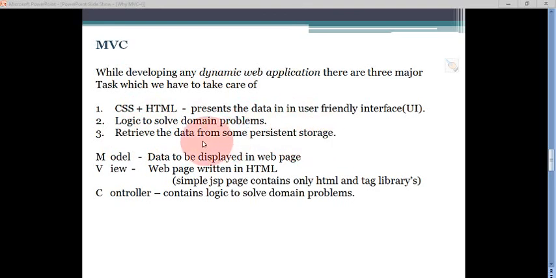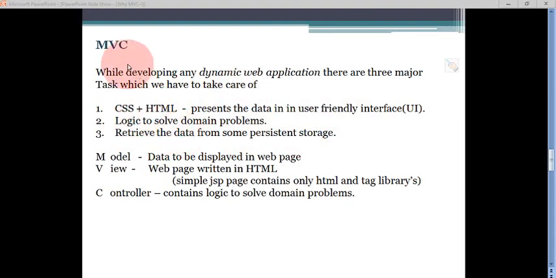Data driven applications means we have to save some data in persistent storage like a database, and whenever required, we retrieve the data from the database and perform some logic on that data, and that logic is to be embedded in the HTML or CSS so that data can be formatted in a user friendly interface, and that data can be forwarded to the client. So there are three main things: HTML, your business logic, and your data.